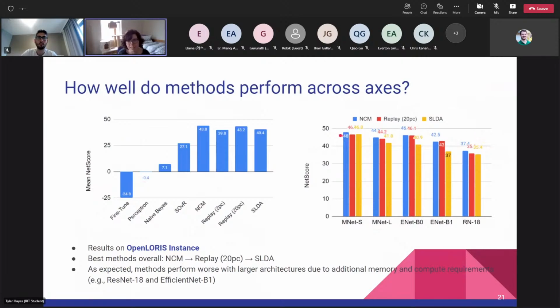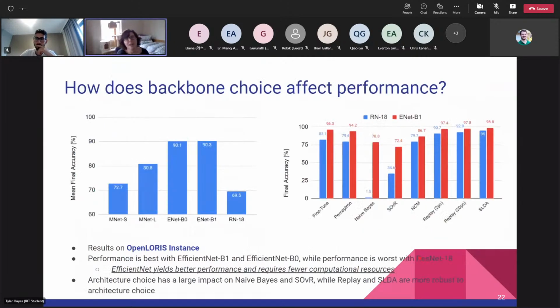As expected, some of these networks that don't require as much memory and compute had higher net score values. So next, we were interested in studying how the actual backbone choice affects performance. We talked a little bit about it just now, but on the left, I'm showing you the performance of each of the backbones averaged across methods. I took all of the continual learning methods, averaged their performance across backbones, and plotted those results here. What you can see is that the efficient net backbones provided the highest performance, and ResNet 18